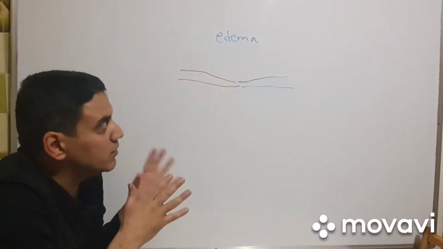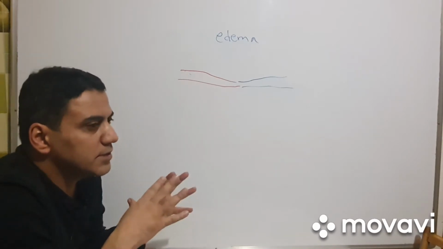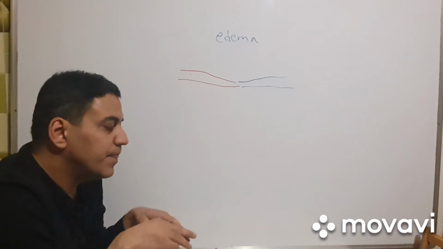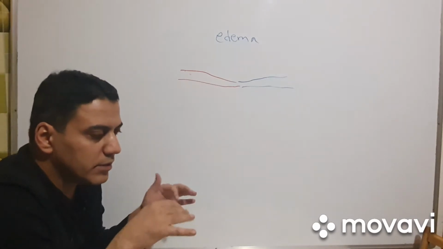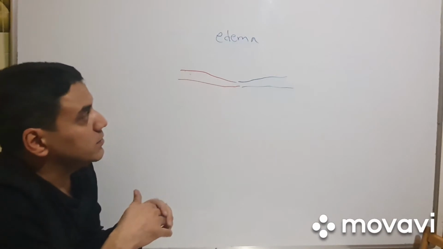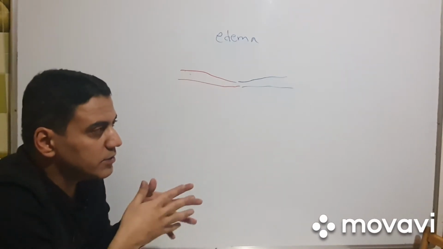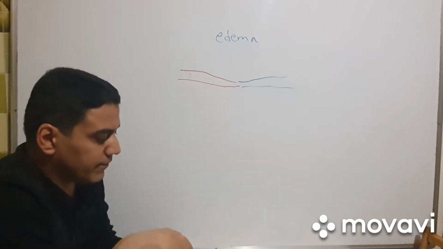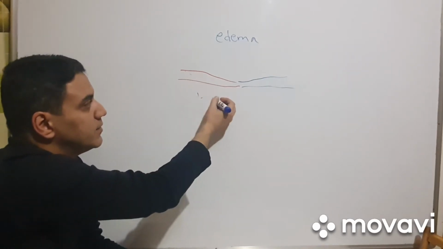So let us speak about edema, definition and pathogenesis. Edema is a pathological accumulation of fluid in tissues, mainly in interstitial spaces and also in cells. So what about pathogenesis of edema? Which factors play a role in edema? We have some factors. First factor is